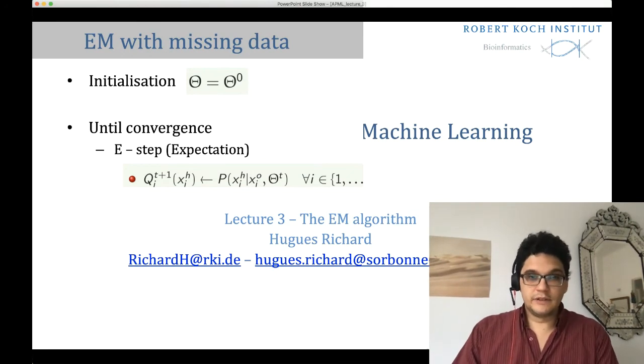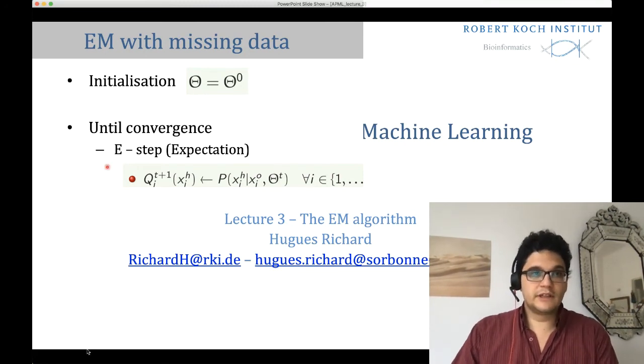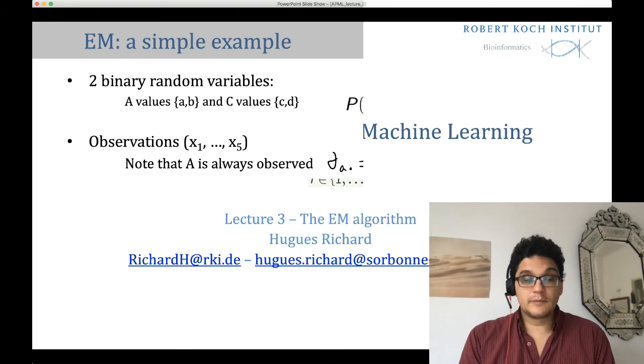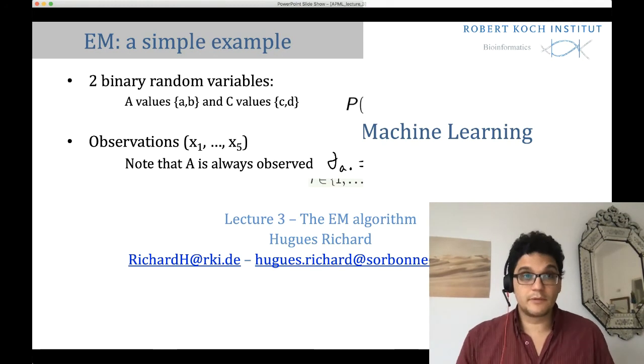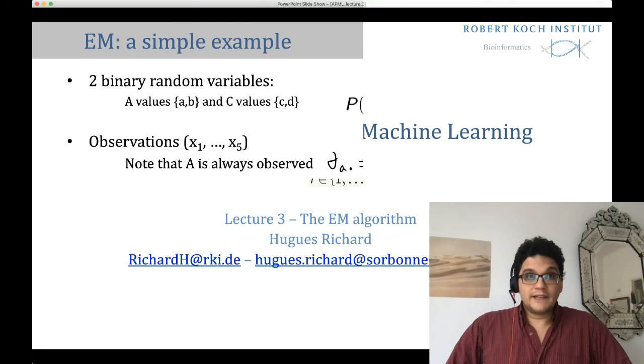Okay, and then we just maximize this log likelihood over theta, and so you see the theta term is here in the log probability. We maximize this likelihood, and we can start again until the parameter converge. So let's just unroll this example. Unroll the EM algorithm over a simple example with two binary random variable.